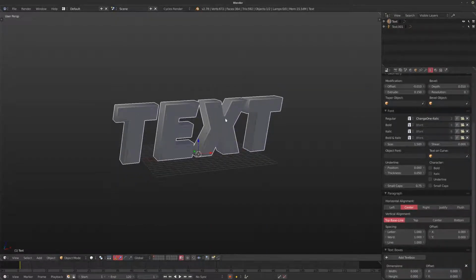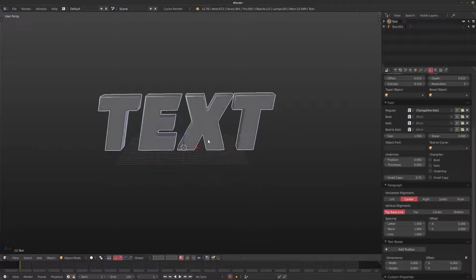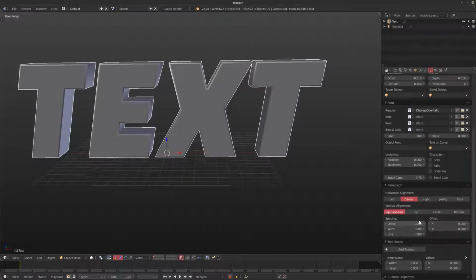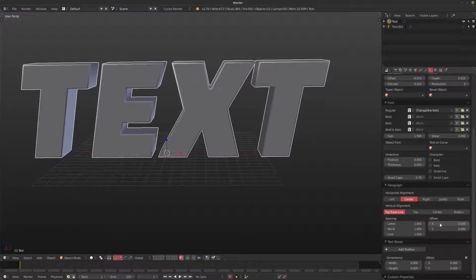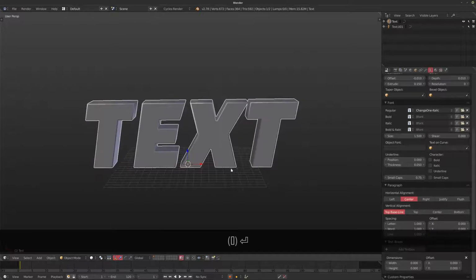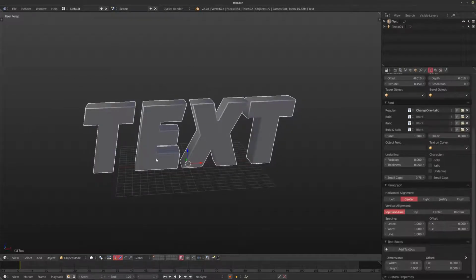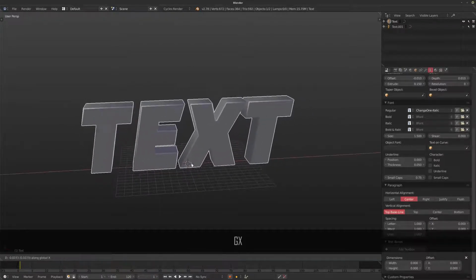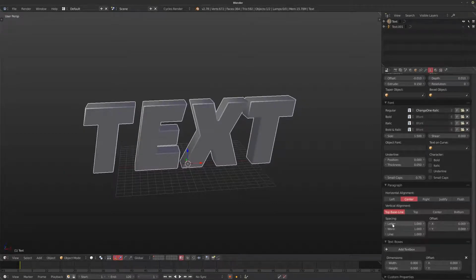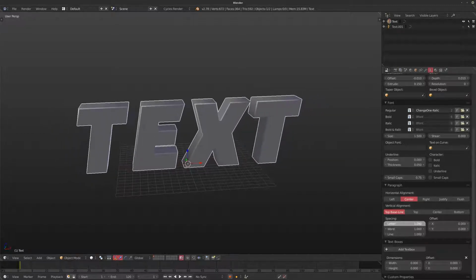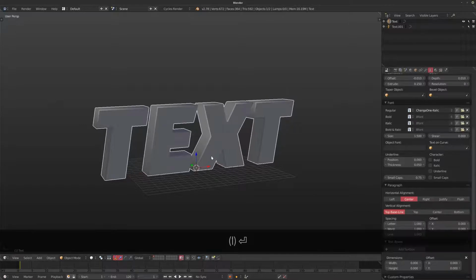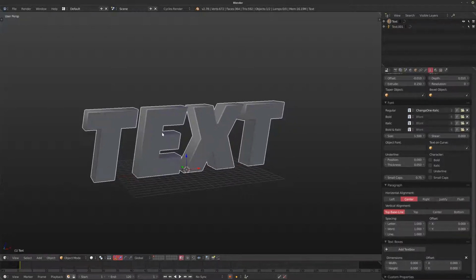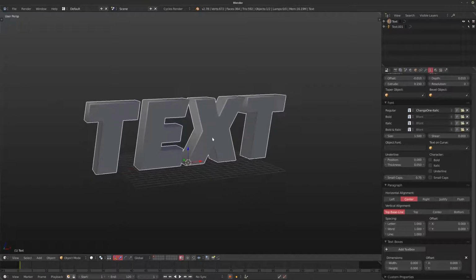Now, there's some other things as well. I'm just going to hide this second one. For example, if you need to offset the text or you want to animate it moving from left to right, I generally just use this offset because it's really easy to use and you can just animate that if you want to. Or I believe in the final files, I think I might have just animated the position of the text itself as well, which works just fine. Then the letter spacing is really cool. If you sort of animate it out or animate it back in, you can get some really dynamic titles without having to do too much animation, without splitting up the text too much. If you want to keep it sort of basic but have it move in nicely.